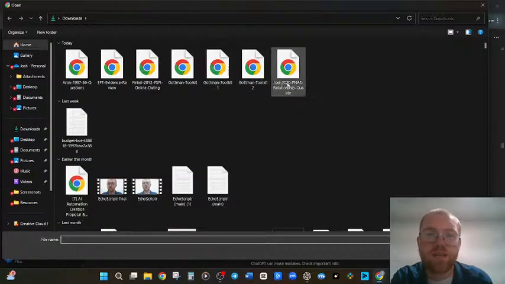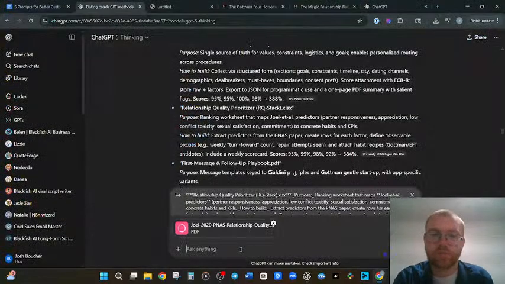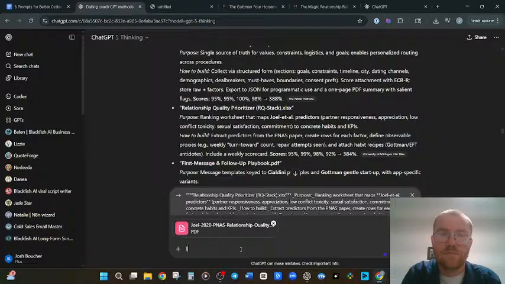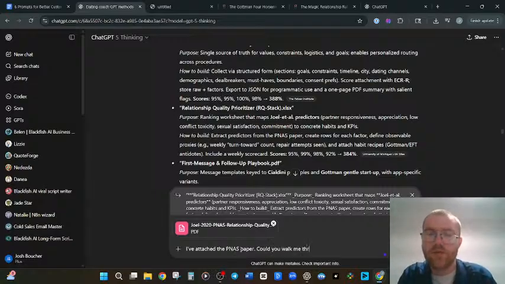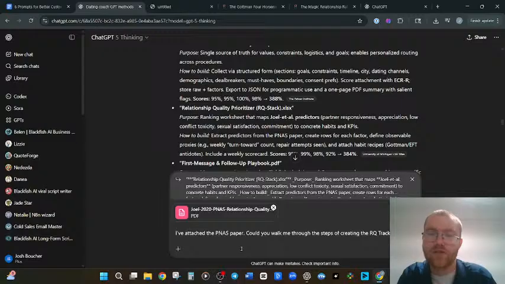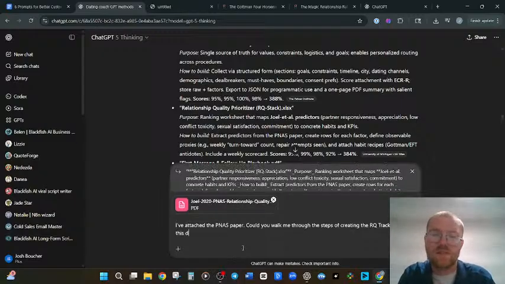We're looking at the PNAS paper, and I'm going to say I've attached the PNAS paper. Could you walk me through the steps of creating the RQ tracker from this document in more detail?